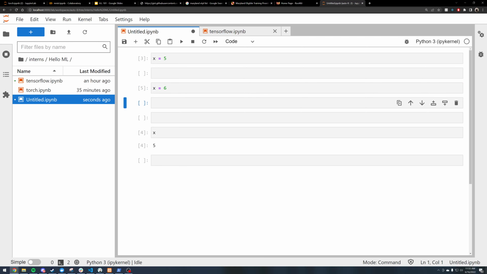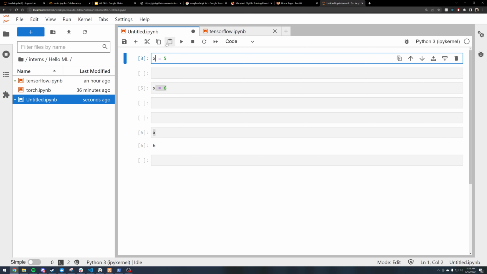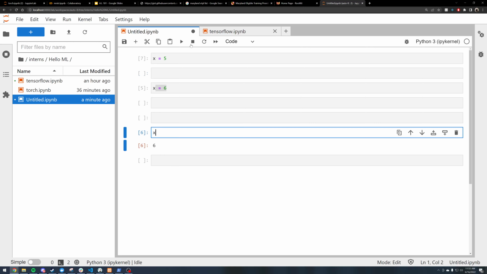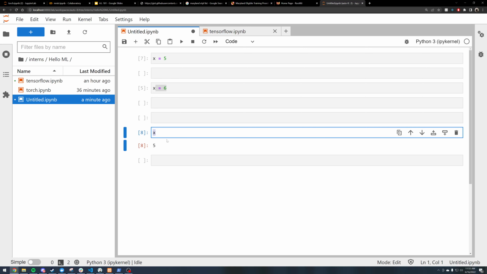So if I run this, now this is on step 5. Step 5 is further than 3, so this has been overwritten. So if I click play again, the save state is now 6. And if I click this top one again, it will replace it to now 5. So if you do some type of machine learning thing that takes an hour, it will save the state, and you can manipulate its items later down the line without having to rerun all of your code again.